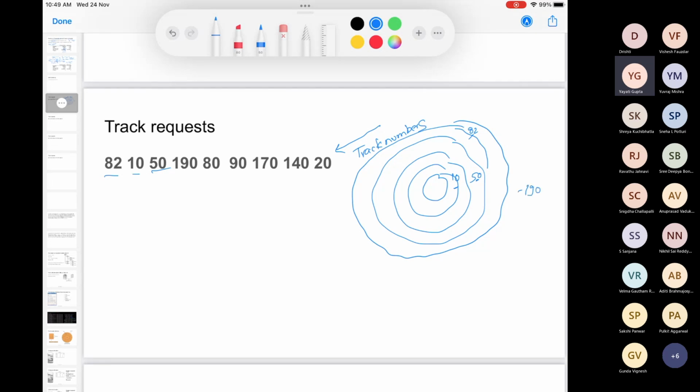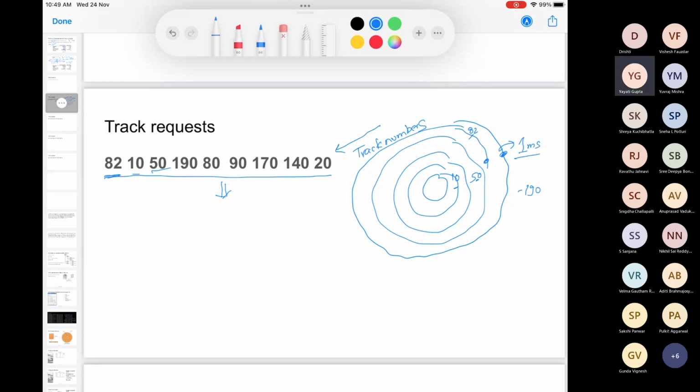Now what should we do? How are we going to serve these track requests? One idea is to just serve these requests in the order in which they came. Right, then how much? Assume that going from one particular track to the adjacent track takes you, let's say, 1 millisecond. So 1 millisecond is the time your read write head takes to go from one track to the adjacent track, maybe on the left side or the right side, doesn't matter. Can you calculate how much time will it require to service all these requests? Assume that the rotational delay is negligible. So how much seek time is required here?